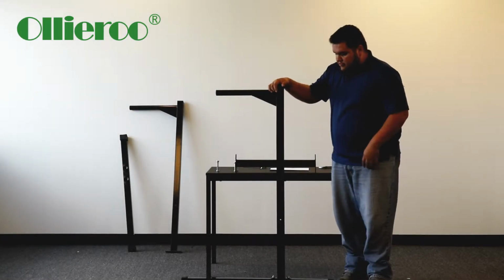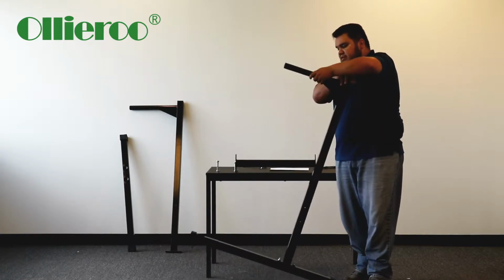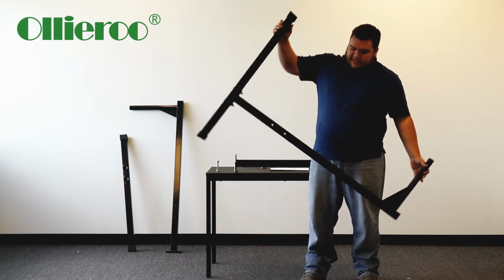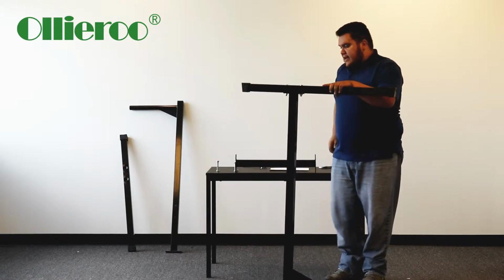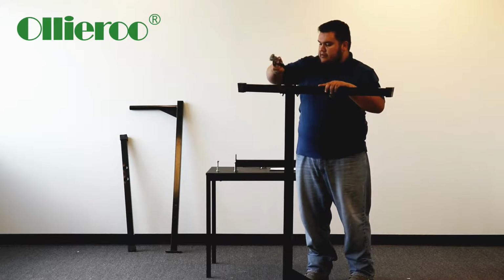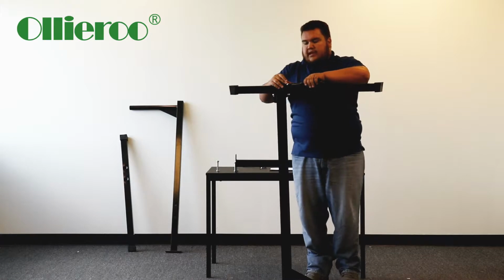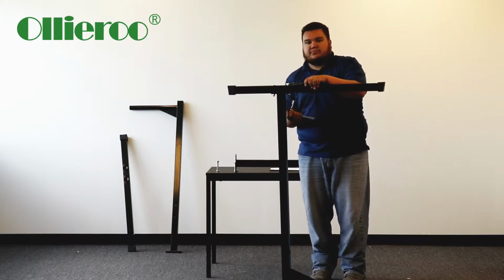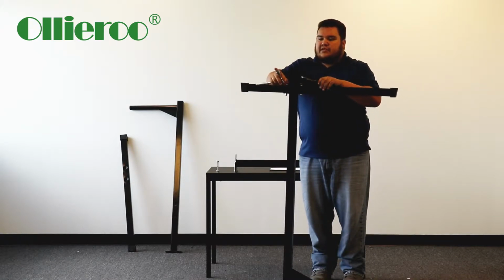Okay, so this is pretty much what it should look like after it's completed. I know some customers are going to have some issues with it, but what I did was flip this over upside down just like this. I got my pliers up here, held it on, got the ratchet, and just started going like that. Luckily the socket was long enough for mine,